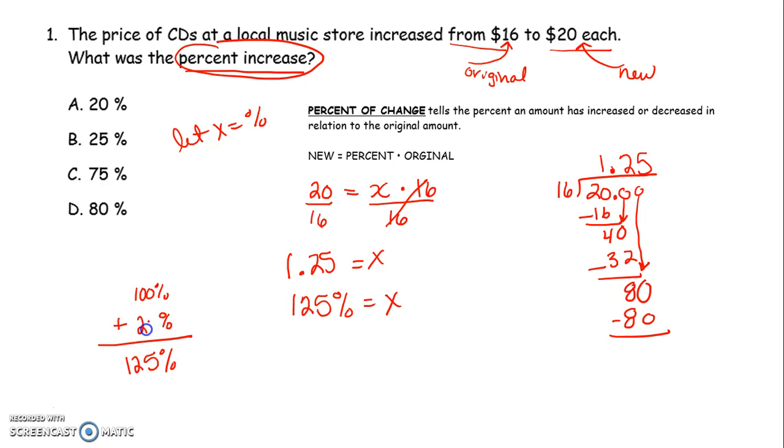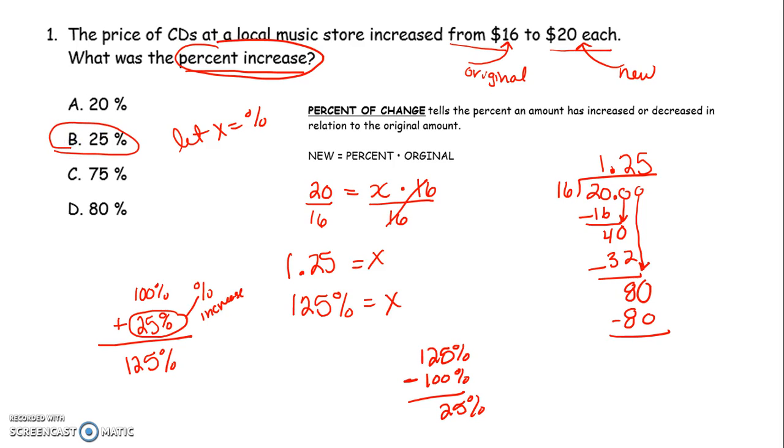Oh, 100 plus an extra 25% gets us to the 125. So this right here is your percent increase. If you're now paying 125%, take off the original 100% you were paying, it's an additional 25% you're now paying. So that's